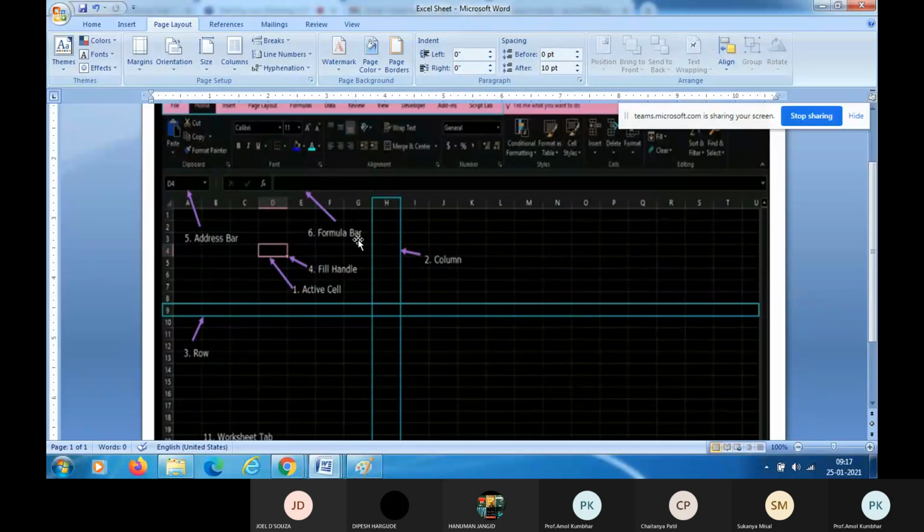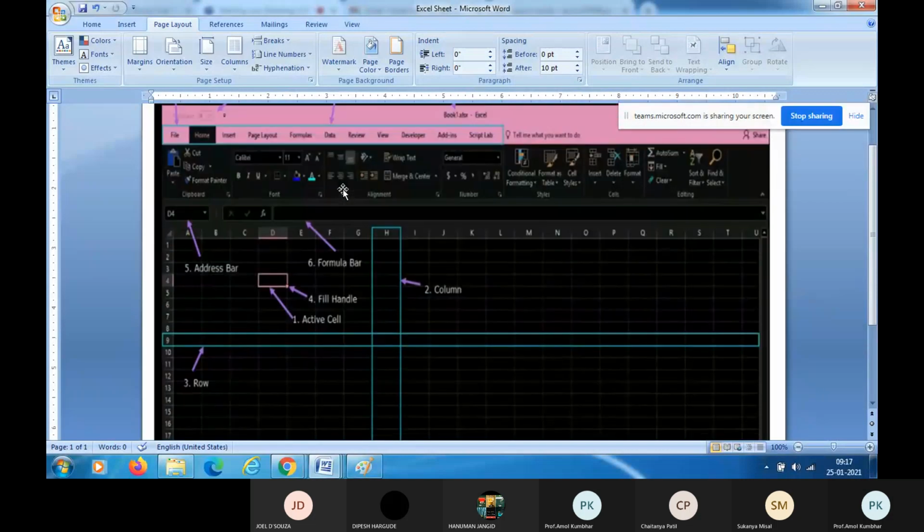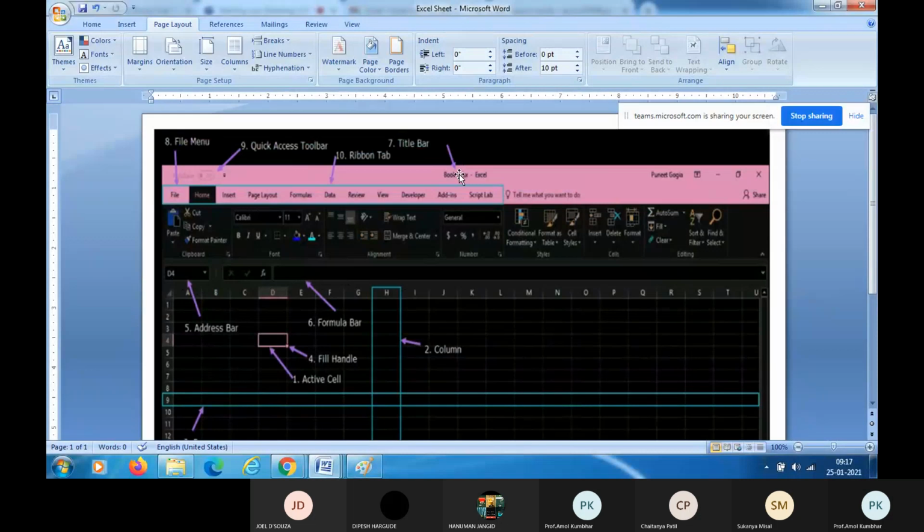Next, the formula bar. Here is the formula bar. You can type any formula in this formula bar. Next, the title bar. The seventh component of this worksheet is the title bar.